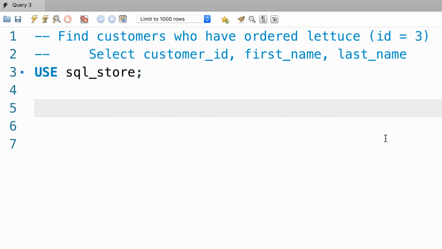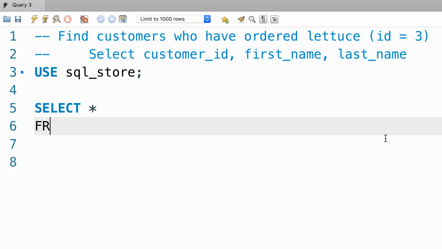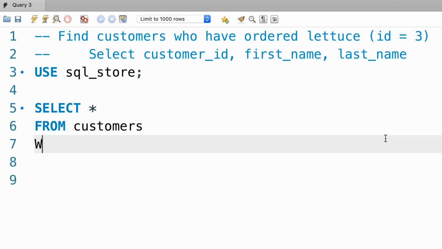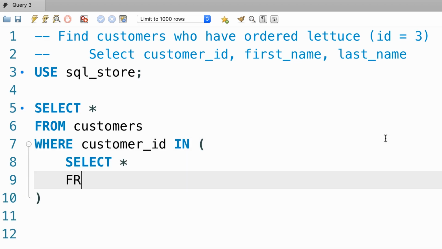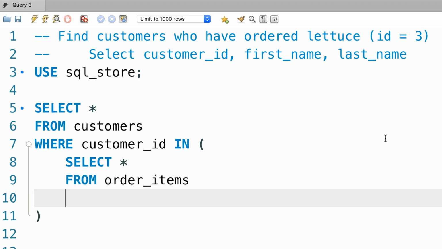All right, first I'm going to solve this problem using a subquery. So I want to select everything from the customers table where customer ID in. Now here in the subquery, we need to return the ID of customers who have ordered lettuce. So we need to go to our order items table, select everything from order items where product ID equals to